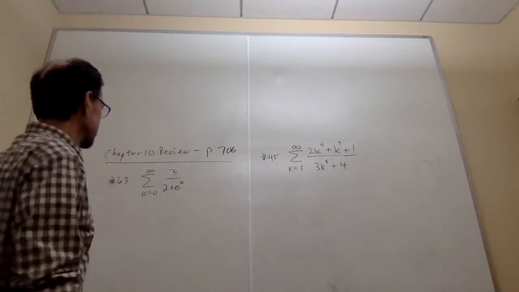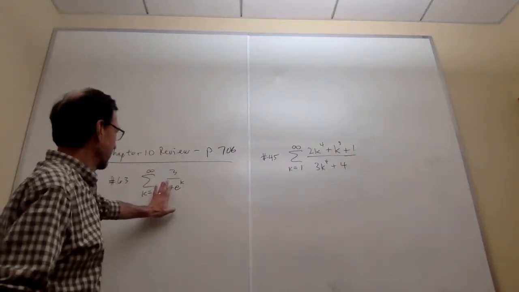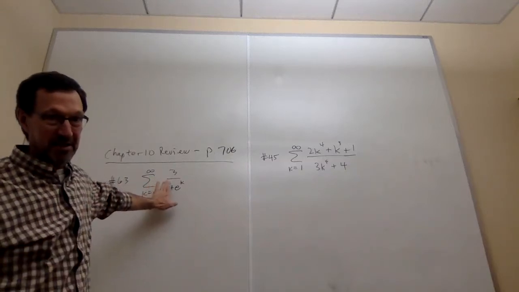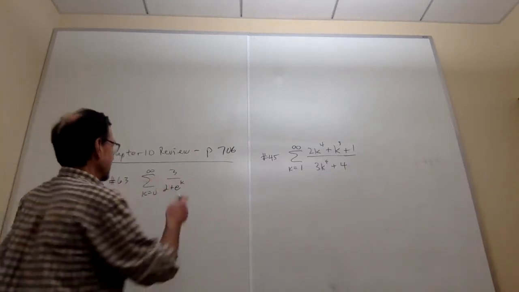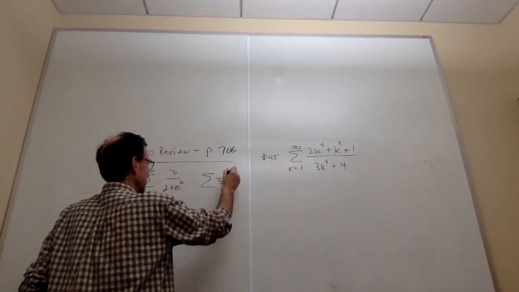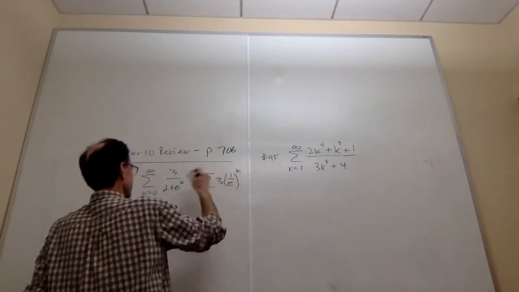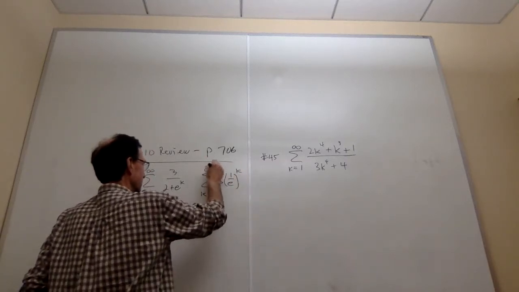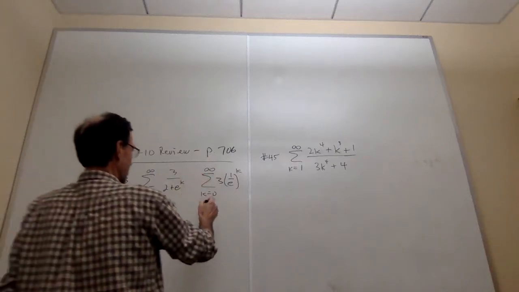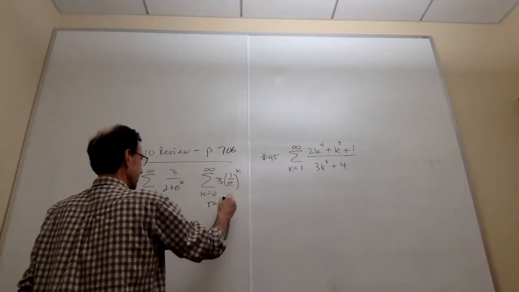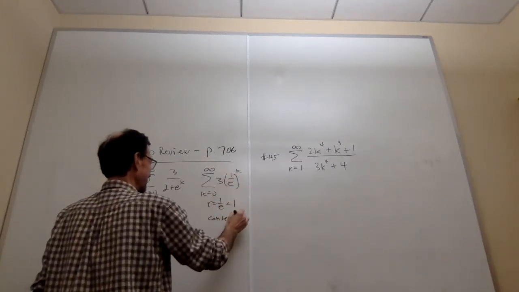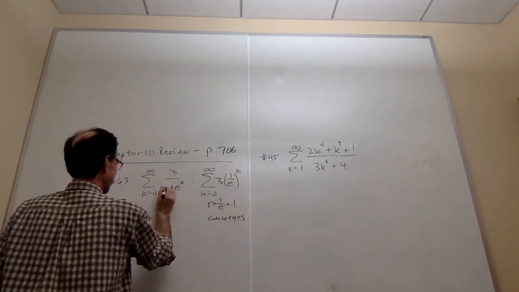So on 63, again, I do like we did maybe on the one I wrote here before, that is, as k goes to infinity, that 2 becomes insignificant. When I look at that, I see a geometric series. Cover the 2 up. So here's the geometric series I see. I'll write it in kind of standard geometric form. Doesn't really matter where k starts, but we'll write it. And that geometric series, r equals 1 over e, which is less than 1, so it converges. We could find what it converges to, but we don't need to know. It wouldn't tell us what this thing converges to.